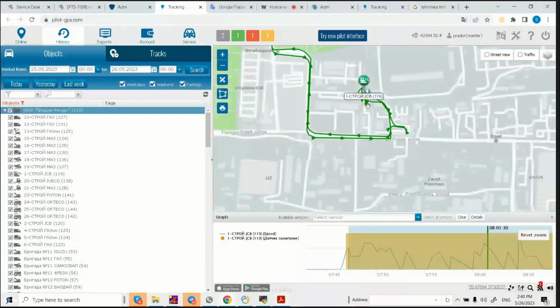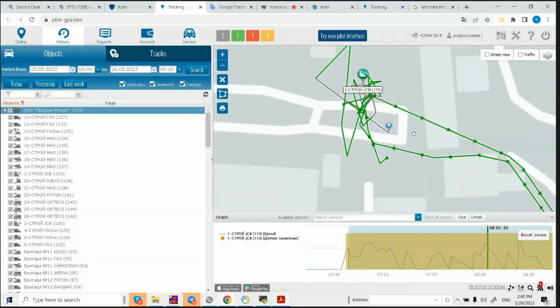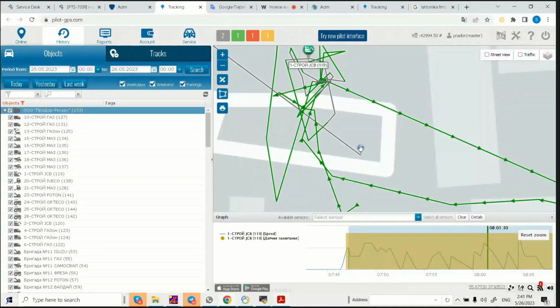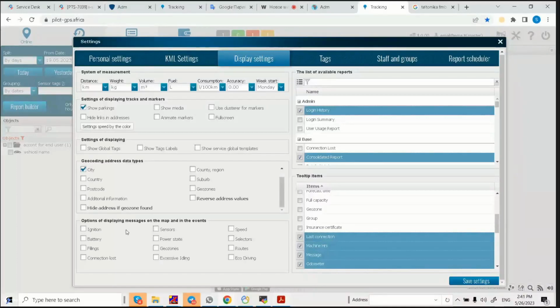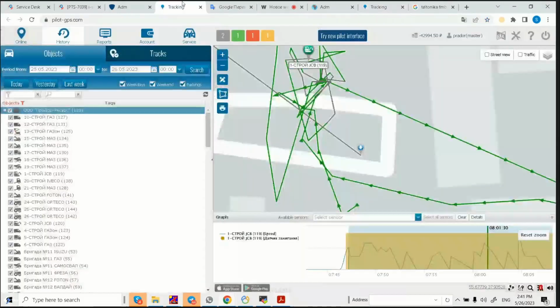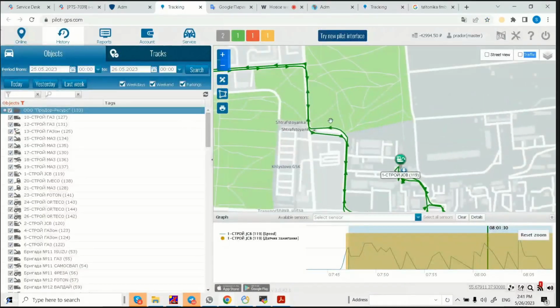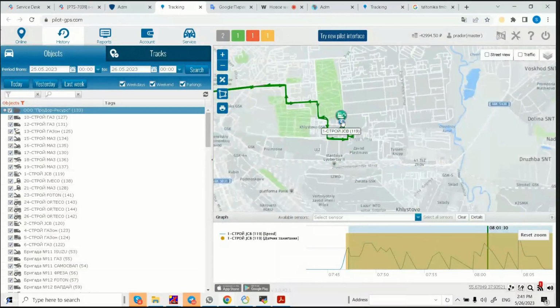So as you can see, we have this icon here. This icon is some event. This kind of icons we can enable here, like ignition sensor events, battery fillings, connection lost, other sensors, overspeed, and this kind of things. If we enable them, then our graphic will be full of these events, and we can check at what time and what place